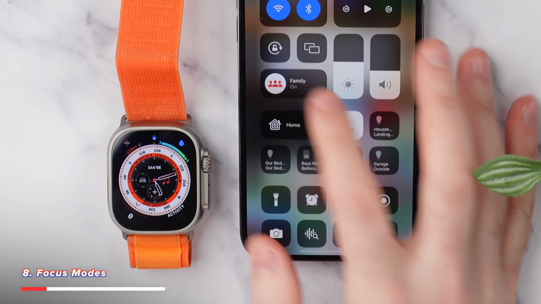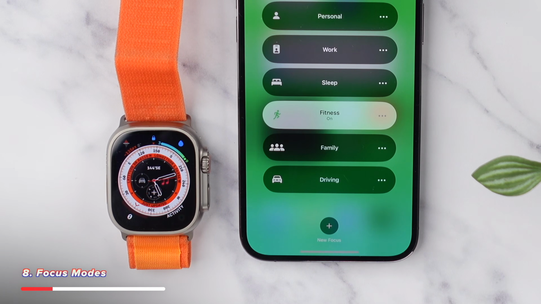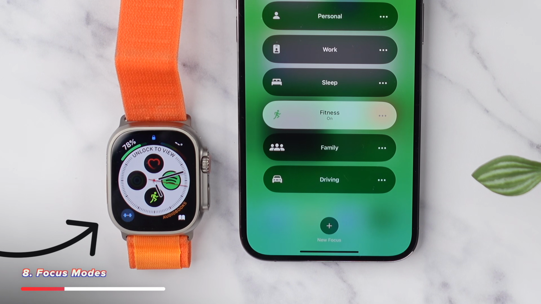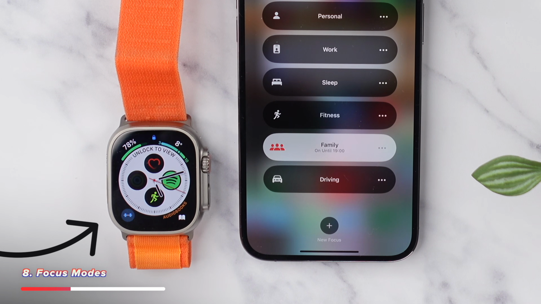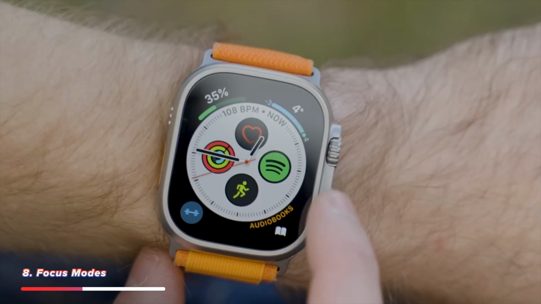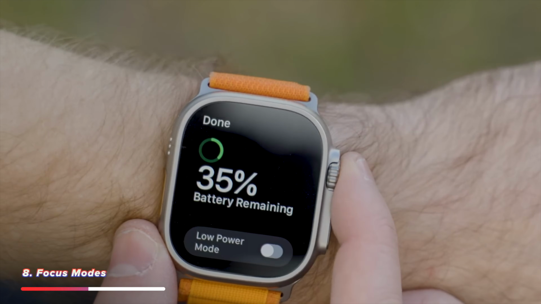Focus modes is something I use a lot more than I thought I would. So with focus modes, you can make your devices do certain things when certain things happen to them. For example, every time I drive to the gym, my iPhone's GPS knows that I'm at the gym, so it changes the home screen on my iPhone and changes the screen on my Apple Watch that I wear to ones that have fitness information on them, like quick access to start a workout, to my music, to my heart rate,